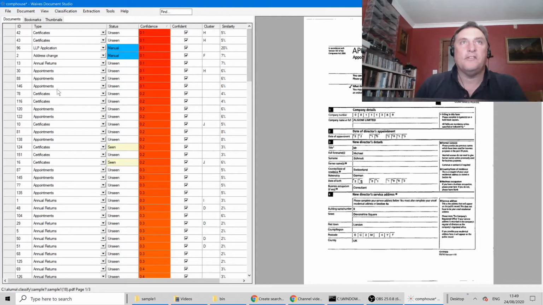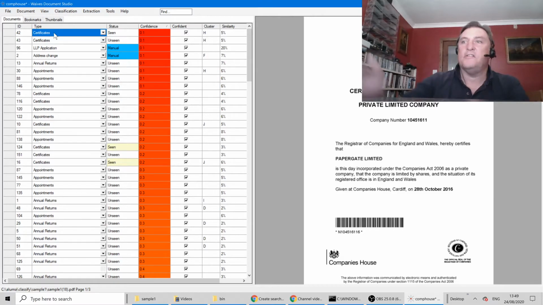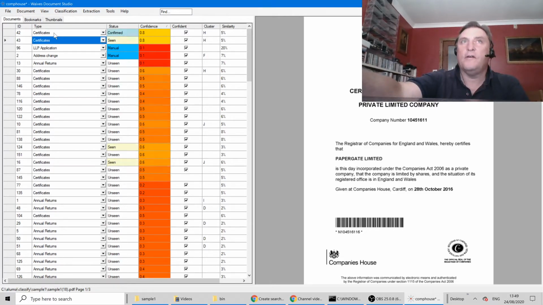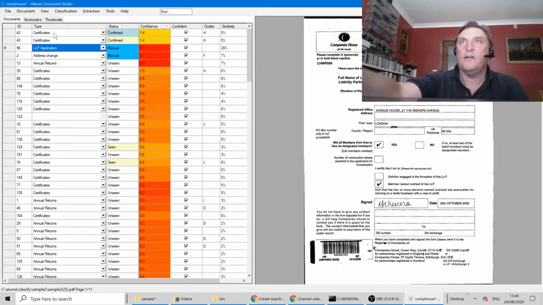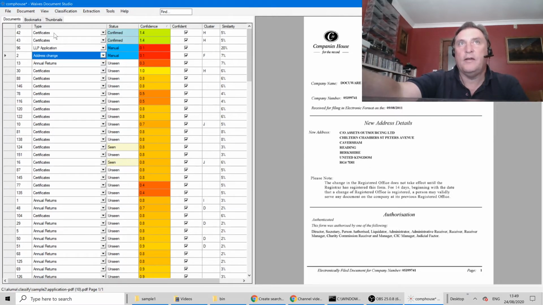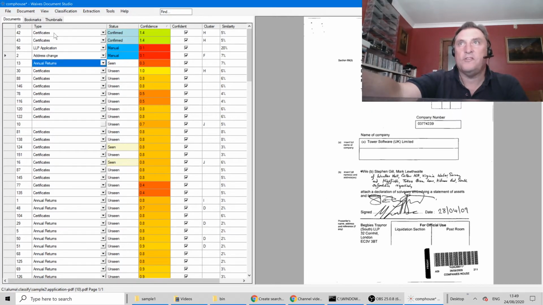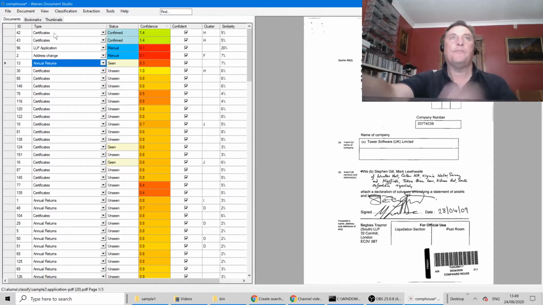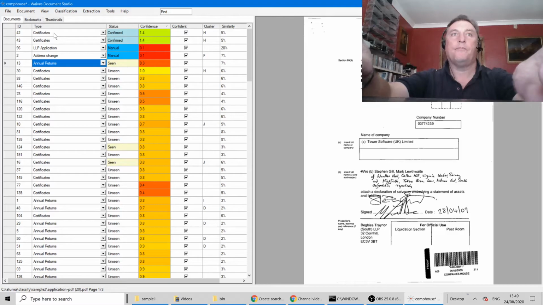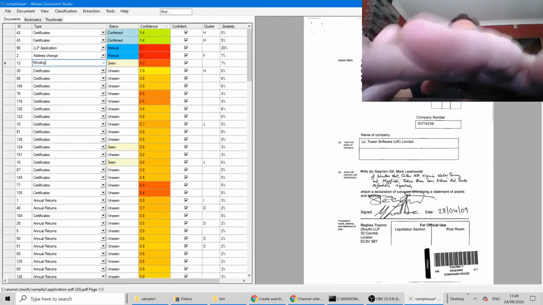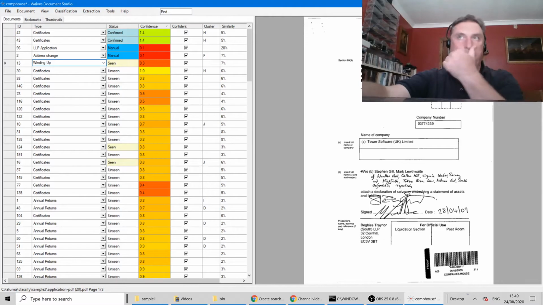Okay, our friends are certificates. That is a certificate, well done. That should increase the confidence. That's a certificate. There's only one of those, so we're never going to be that confident with those. That was the address change. This is a winding up. There's probably a more elegant name for it than that, but